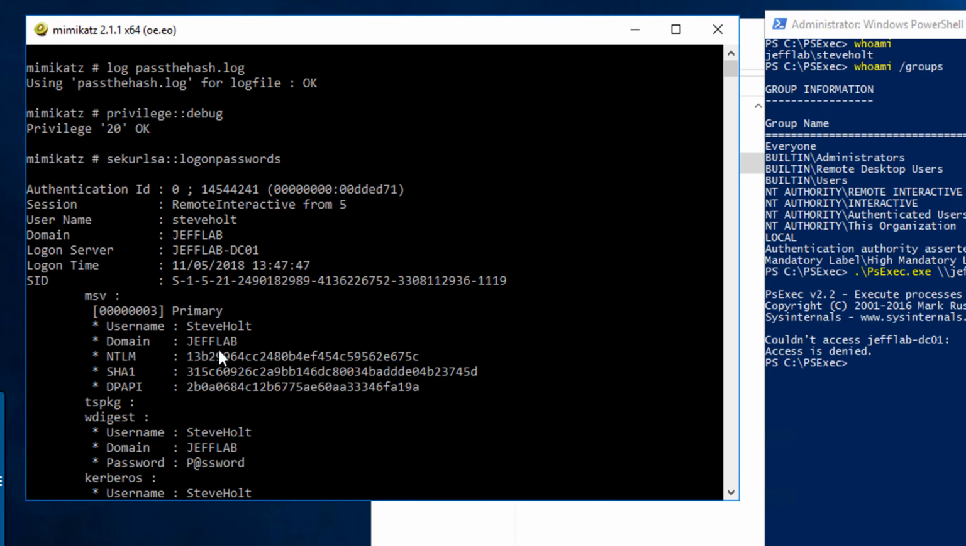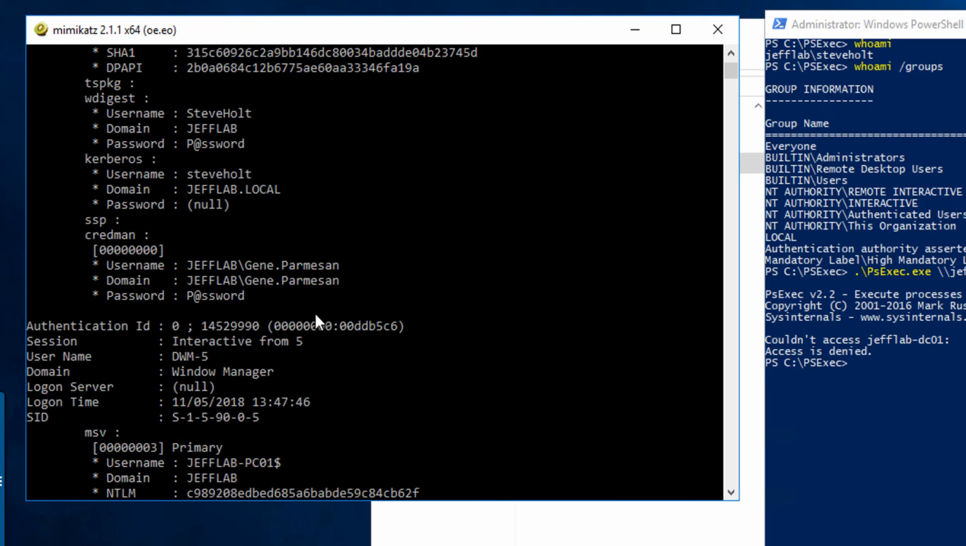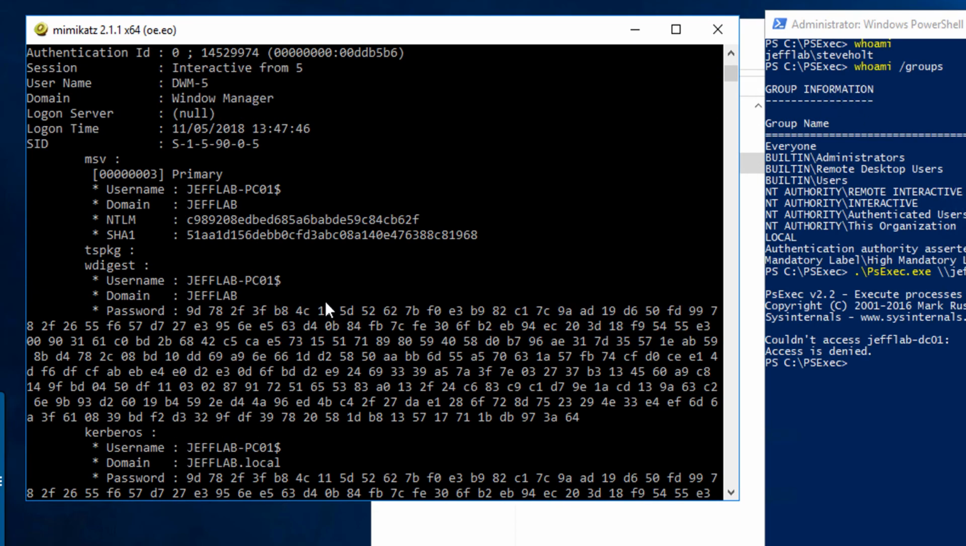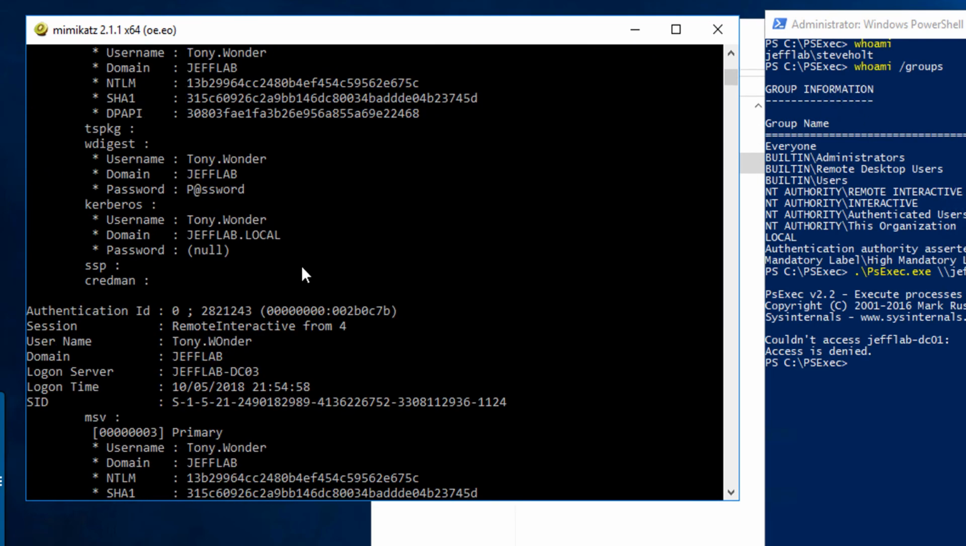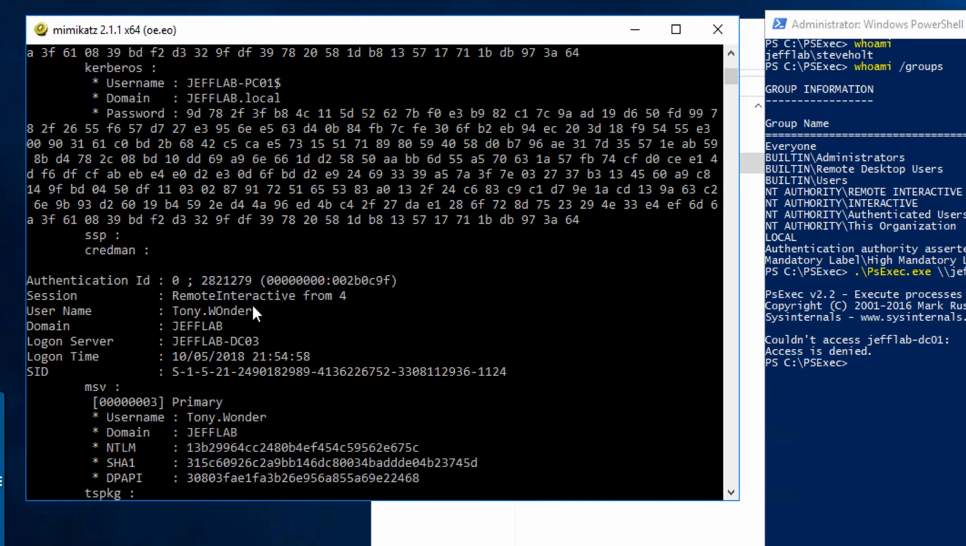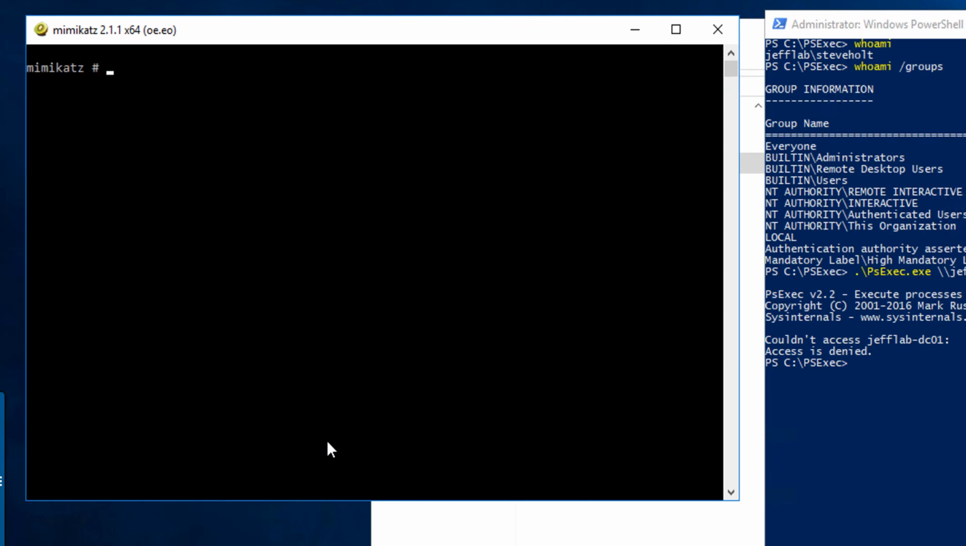You can see also my account has information stored here, and we're going to look for some admin accounts, and you can see I've got one here, Tony. Tony is an administrator in my environment, and I have his password. He may have logged on to my system to do some work, and his password is stored in memory after he logged off. So I'm going to take that password hash, and we're going to use a simple pass the hash technique